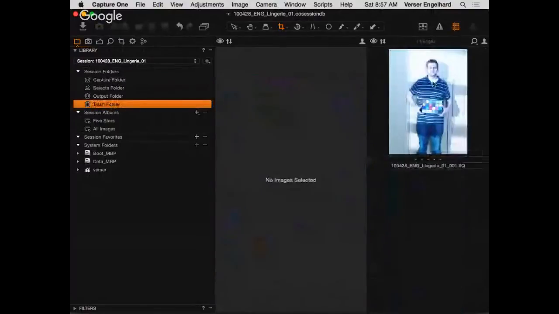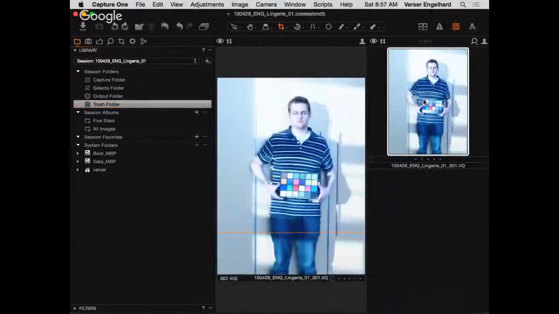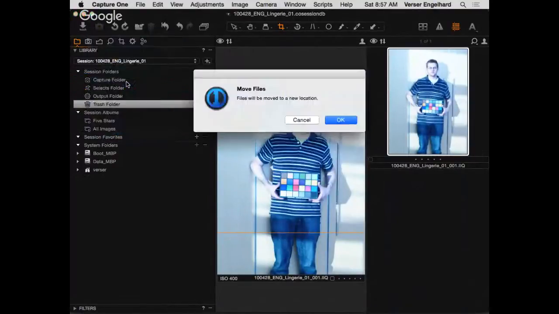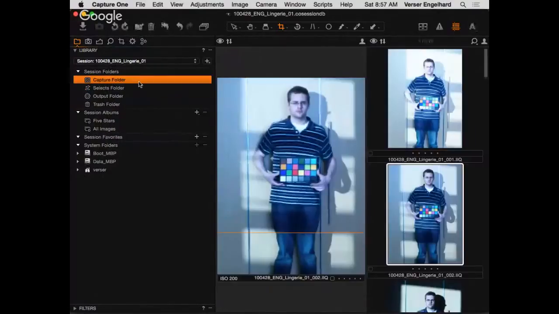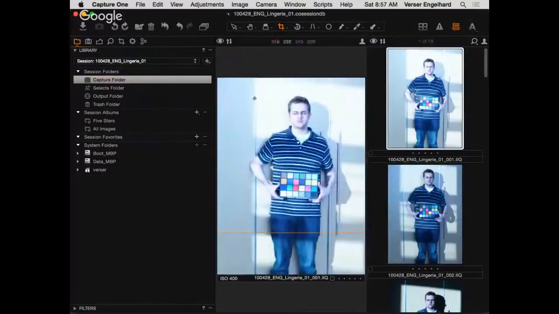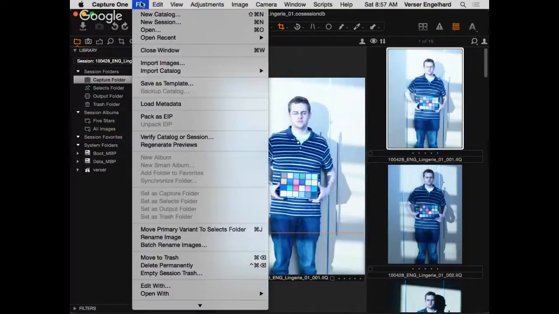You would have to go to the trash folder, select it again, and hit the delete key again. There is a shortcut that will allow you to actually throw stuff away in one single step. I do not recommend using this because the problem is you might actually mistakenly throw something away, and you're eliminating this safety. But at any rate, if you look up at the file menu, you can see right down here